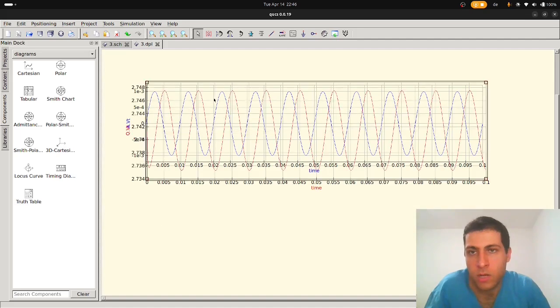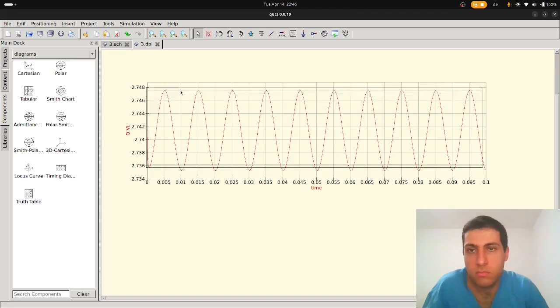There's not a 180-degree phase shift anymore. The input, which is the A, has moved further to the left with respect to the Q, which is the output,